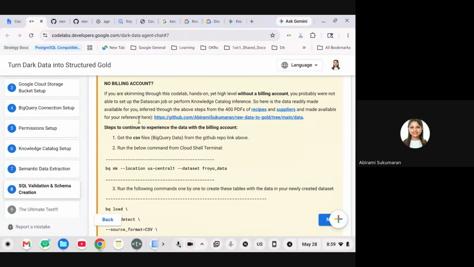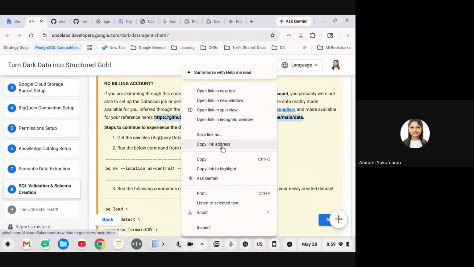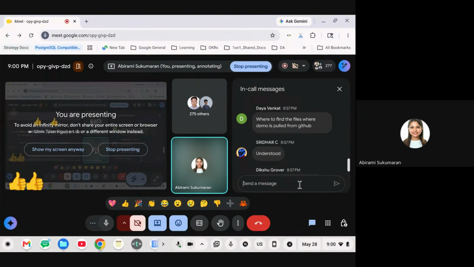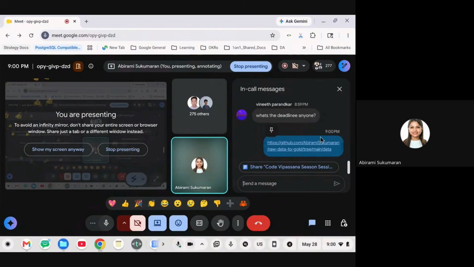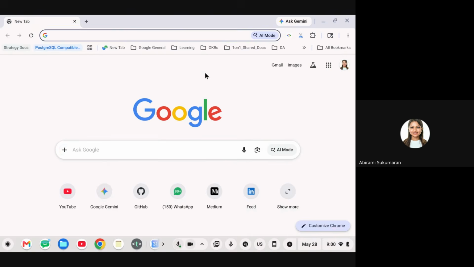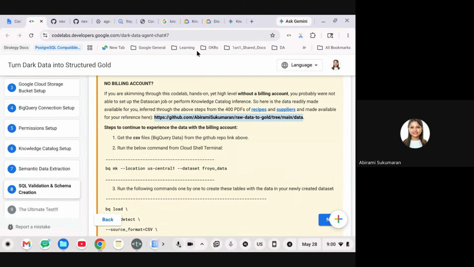The GitHub repository for the CSV files is mentioned. I'll put this link in the meeting chat. Please open that. The CSV files are there.